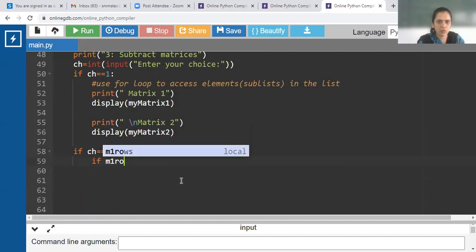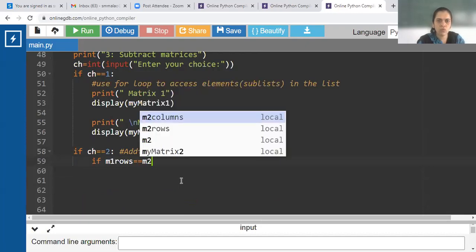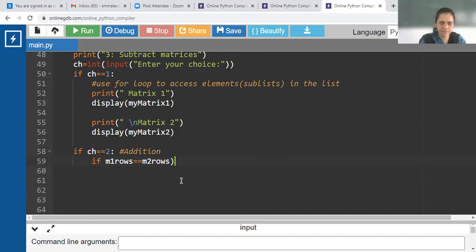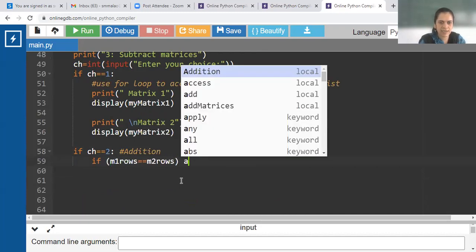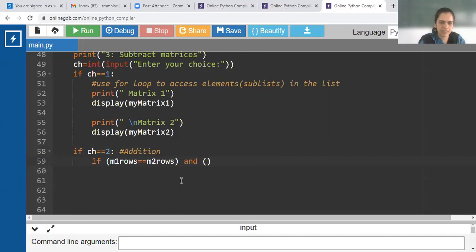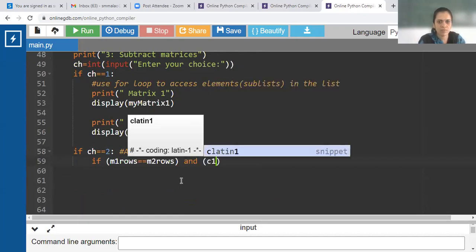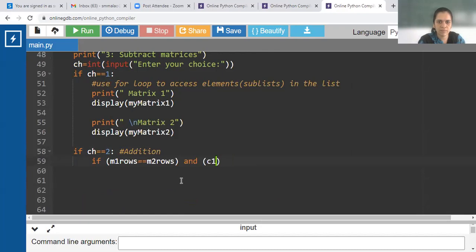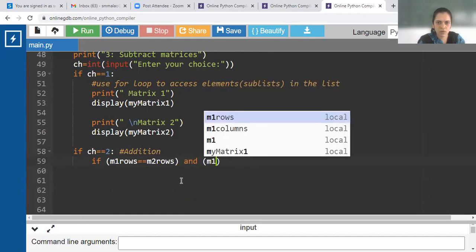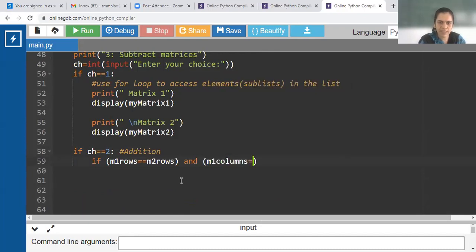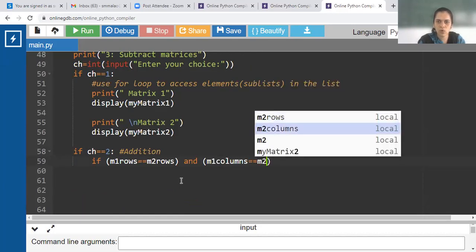If M1 rows are equal to M2 rows. And how do you write a logical AND operator? Will this work in Python? Do you recall M2 rows, M1 columns is equal to M2 columns?